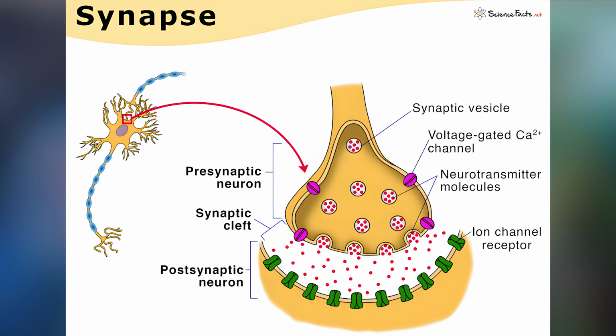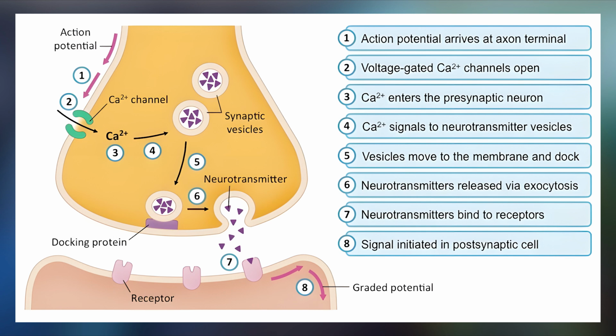presynaptic neuron, this triggers the opening of calcium voltage-gated ion channels at the end of the presynaptic neuron. Now, remember, careful here, these calcium voltage-gated ion channels are completely different to the sodium and potassium ones that generate the action potential itself. So it's a different thing, although it's still a voltage-gated ion channel, so the basic idea is the same, but it's a different ion that's involved here. And so voltage-gated ion channels open up in the presynaptic neuron, calcium ions flow in there,